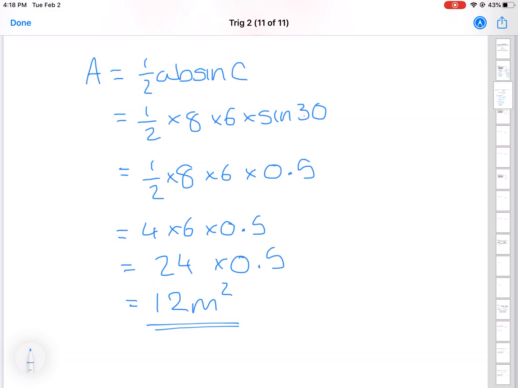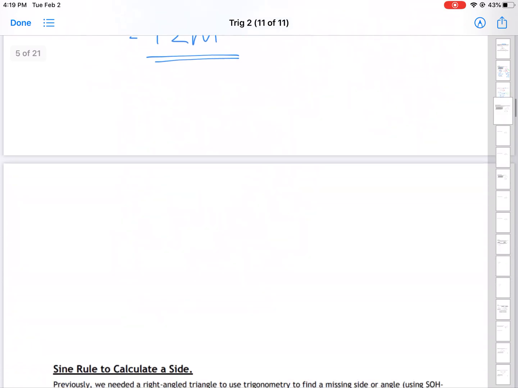Now, you will find questions on this. If you're following the lessons, then we'll be doing it during class time. But if not, then you'll find questions on this in the Unit 4 booklet on page 26 until 26, 27, 28. So 26 to 28 you will find questions. I will pick specific questions for you to do when we come to do this during class. Okay. Moving on then,